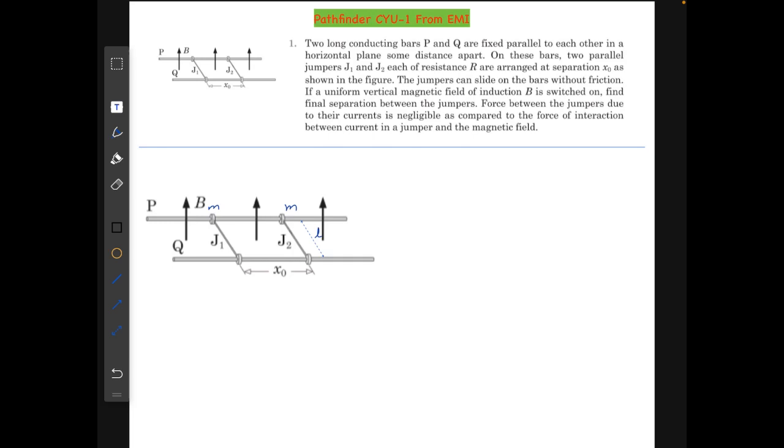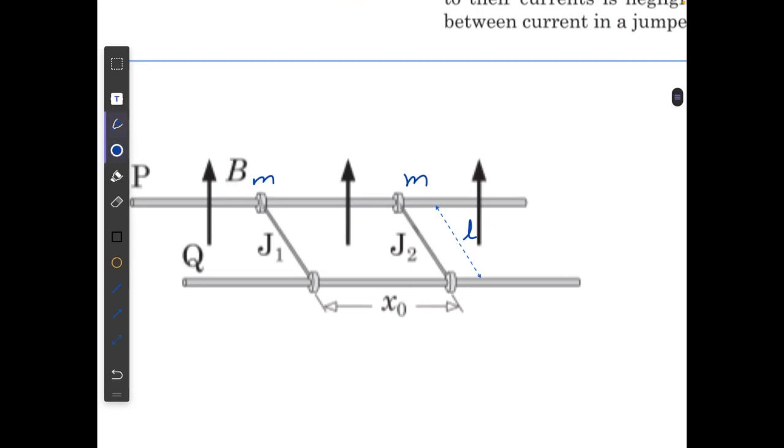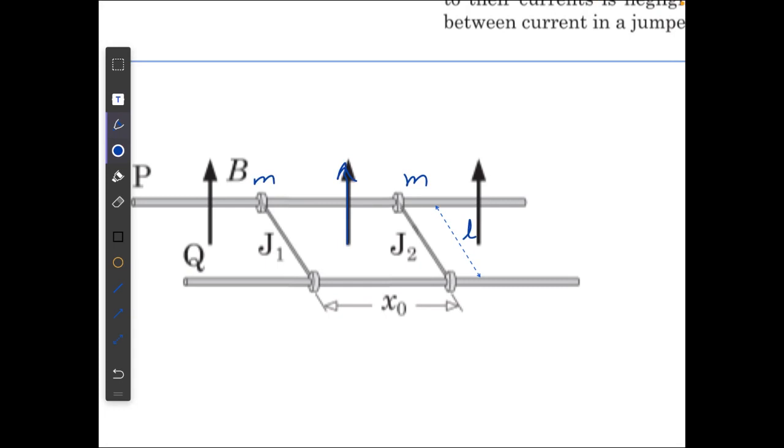So here basically what is happening is, initially, just as we switch on the magnetic field and as it reaches its maximum value, some impulse will be provided to the rods and they will gain some velocity. If the magnetic field increases in the upward direction, it would create an electric field in the loop such that the electric current will flow in a clockwise direction in this loop. So let's say for a short duration, a current of I flows in this loop.